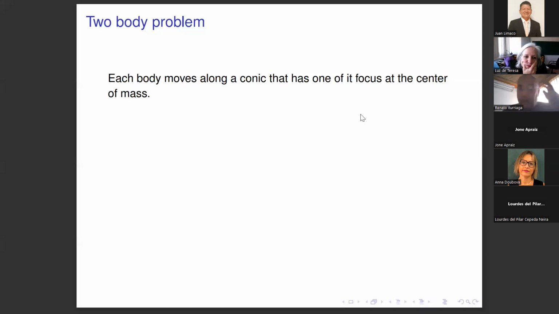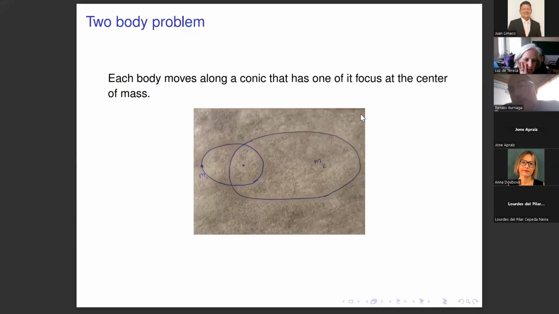So what I want to talk about is a special solution, homographic solutions, homographic movements, that have 2 ingredients. They have something like the 2-body problem and central configurations. The 2-body problem is the one that we learned in primary school: we have 2 bodies and they move in ellipses. In general, they are conics. This problem was solved by Newton, so that we understand.